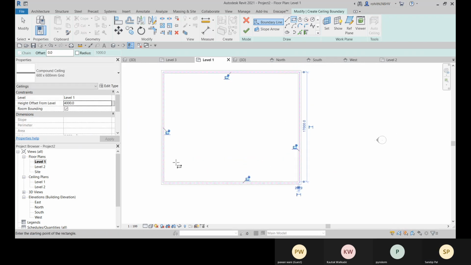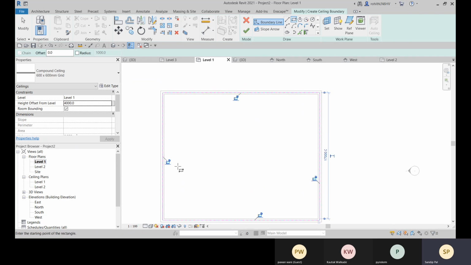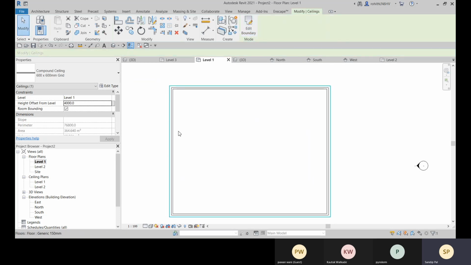And if you want to lock, you can lock it, so that if you ever change the boundary of your walls, this ceiling area will be adjusted and maintain the constraint with your walls. And if you need to define the slope arrow, you can go with the slope arrow. Now I'm not going to define that.